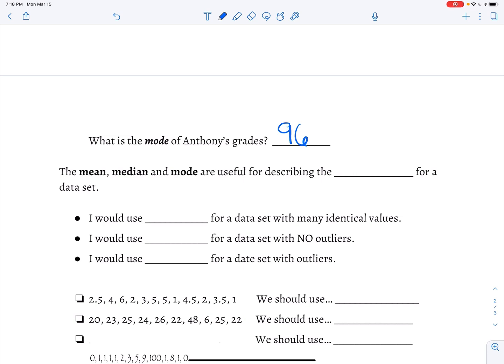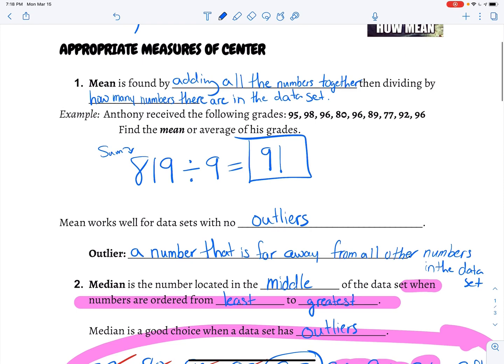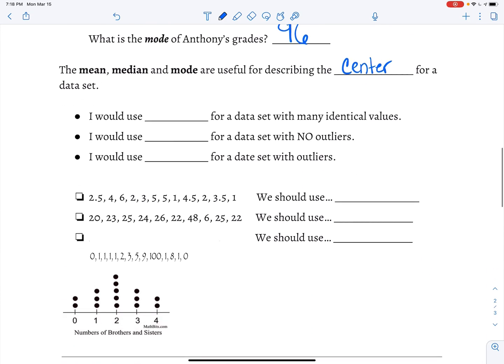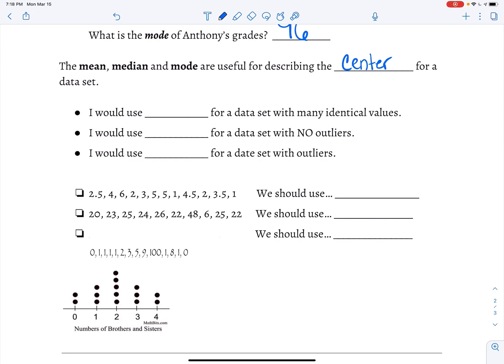So the mean, the median, and the mode are useful for describing the center for a data set, because we are finding appropriate measures of center. So just to reiterate on that, they are all useful for describing the center for a data set. So kind of to wrap us up here,